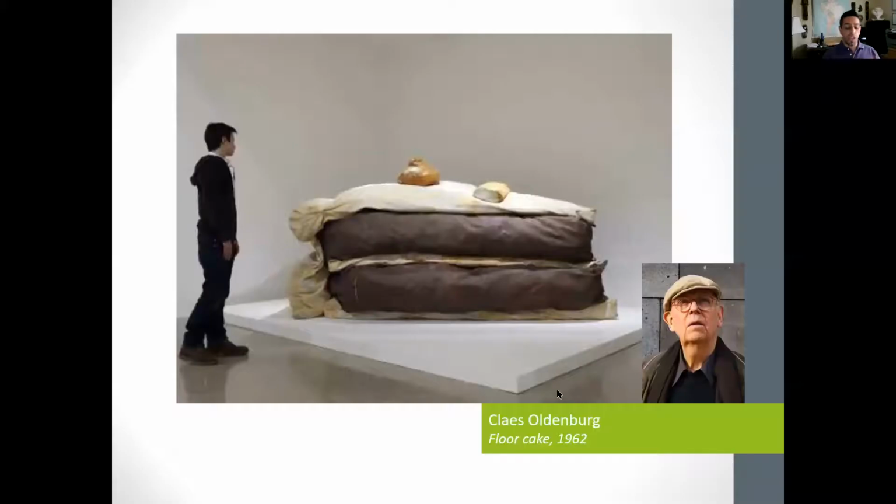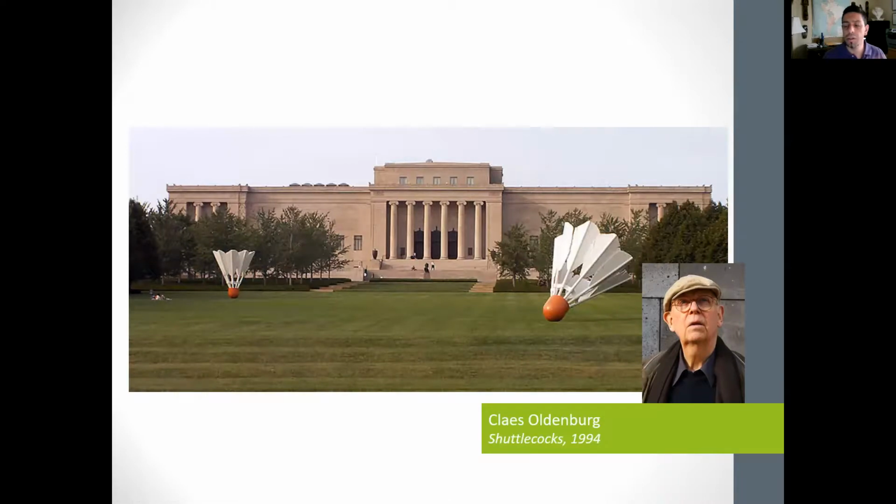So who doesn't like pie or cake, right? So you have a really large slice of cake. And then on the other one, slice of cake. And in a different kind of slice of cake or society, then we have two shuttlecocks, really